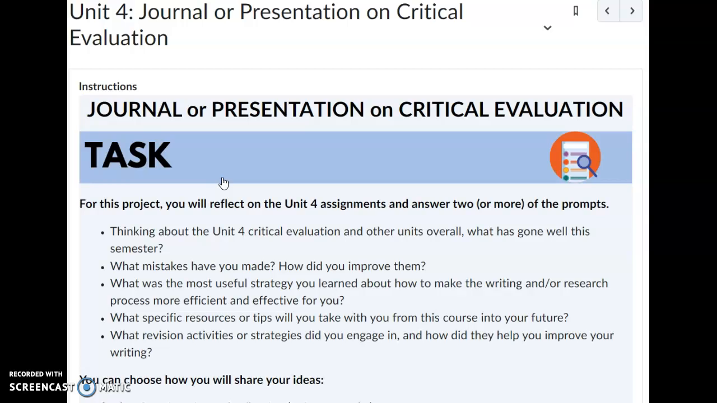What resources or tips will you take with you into the future? I think that's a great question because this is going to ask you, like, what are you going to take with you when you go to 102? What skills are you going to take? What actual resources? If you've been listening to my advice and you downloaded the APA formatting template that's already set